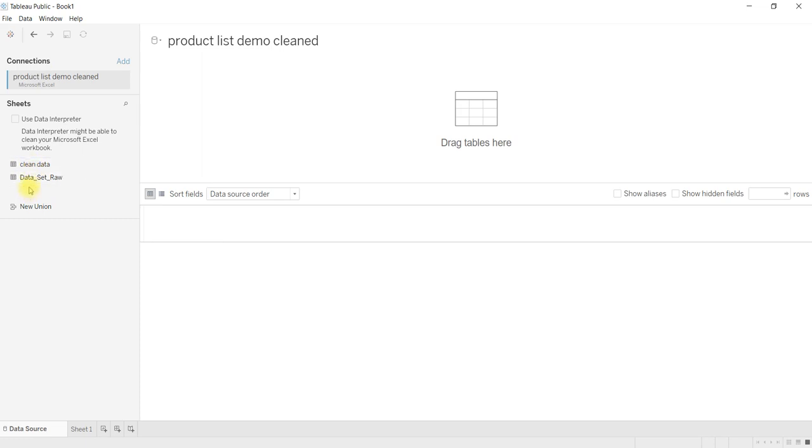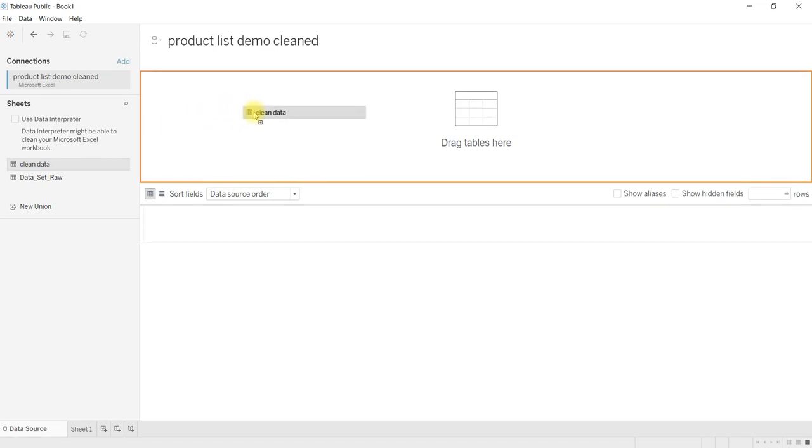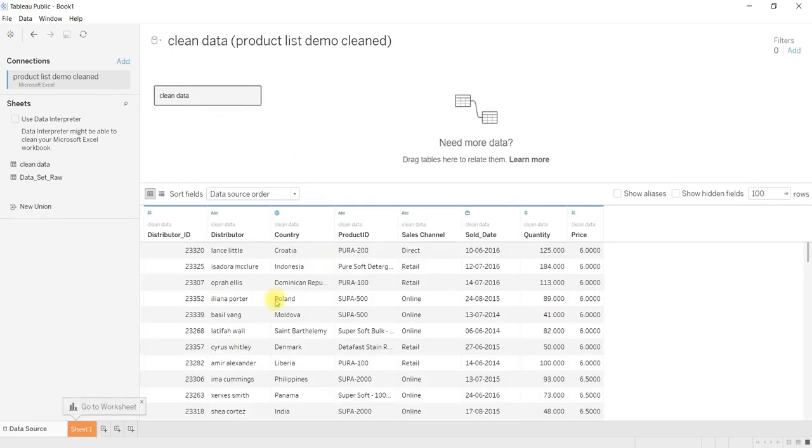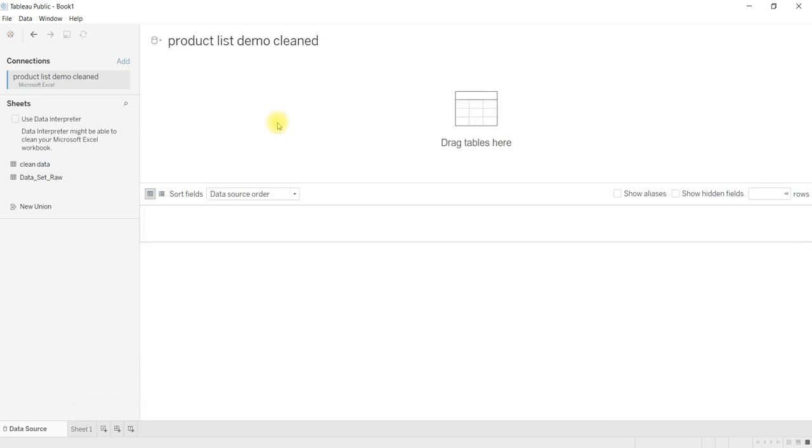Which one would you like to load for analysis? We have to select that particular sheet and drag it to this particular section, to load that data here. That particular data will be loaded in this section. If I want to take it out, select the drop down here and say remove, to delete that data from the loading.